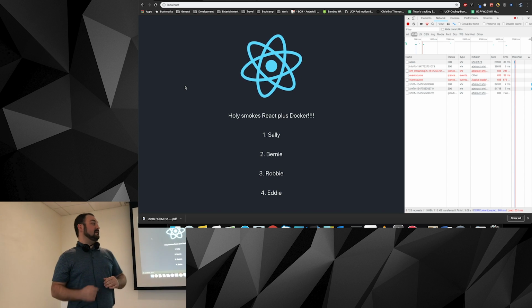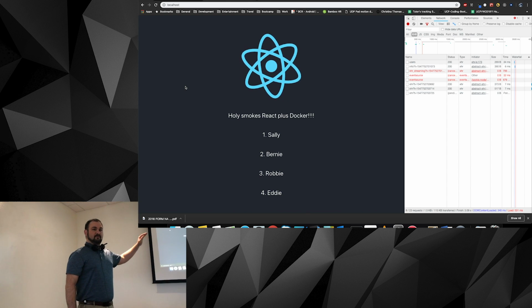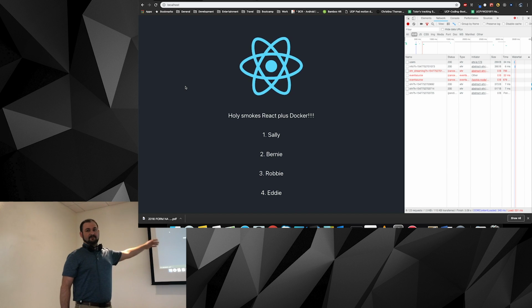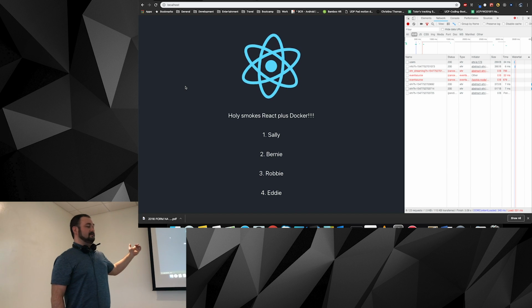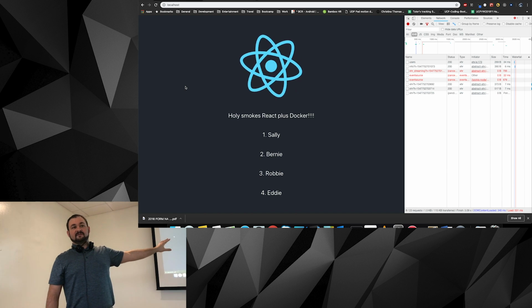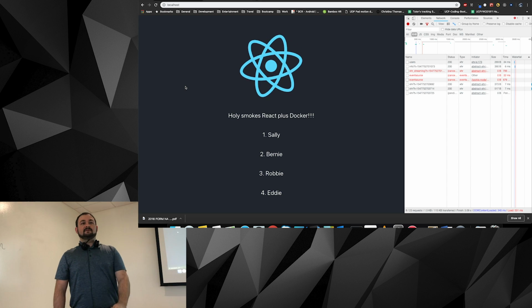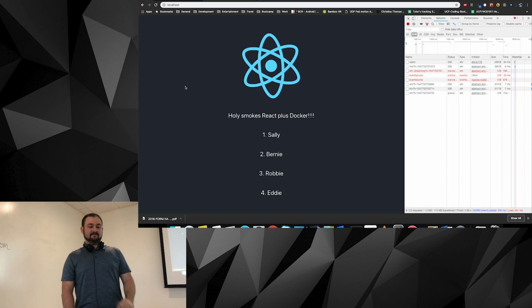So I'm not going to spin up the production environment. It does work, trust me on that. But it just goes through that whole build process and doesn't highlight the hot reloading stuff. So then you won't get the Webpack version of this. You'll get the built files with all the minification and all that grandness.